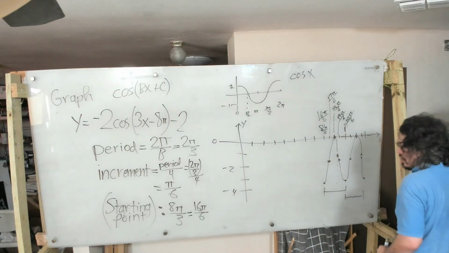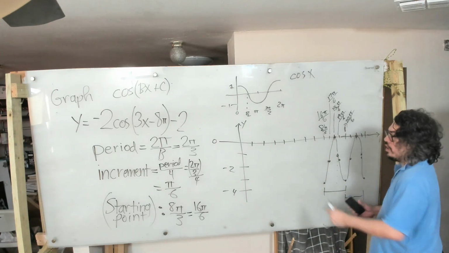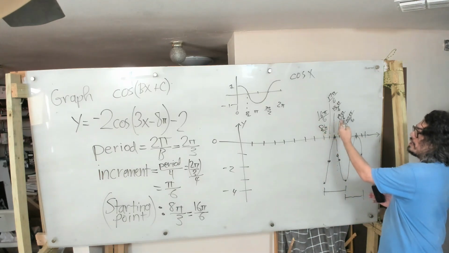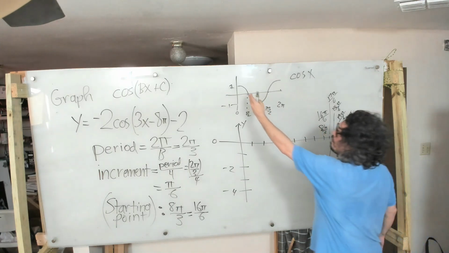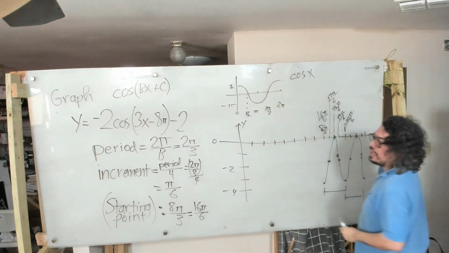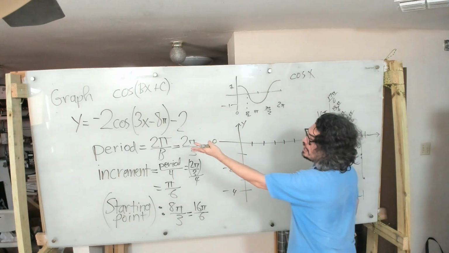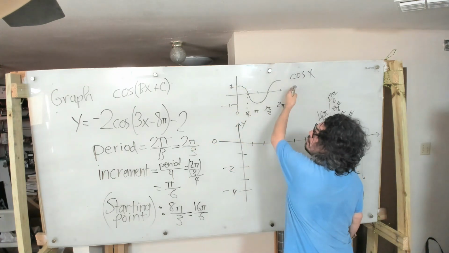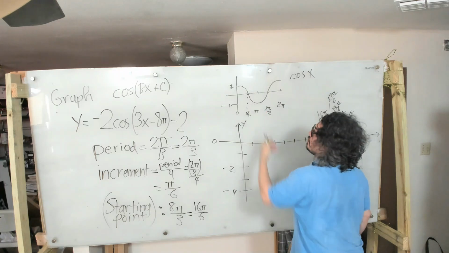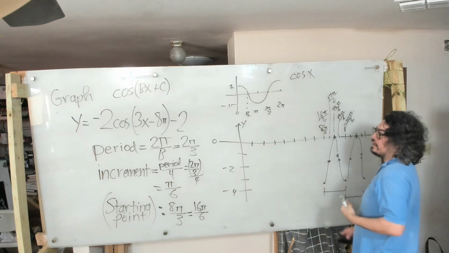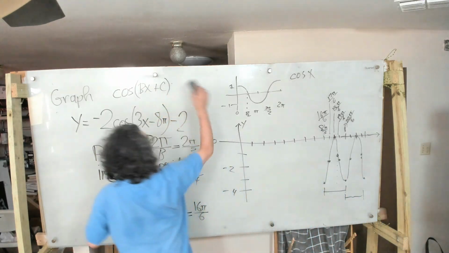Okay. Now let's look at what we were saying earlier. We drew it here. We used our starting point. We added our increment 4 times to find the major location of the landmarks, right? And then we graphed them with the caveat that since it was negative in front of the cosine, instead of following the parent, it'll just be the parent flipped over. If it is positive, then we would have just followed the parent exactly. Okay. The one thing I want to do here is